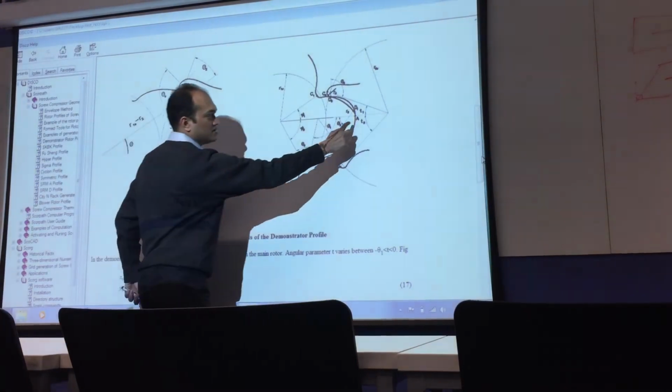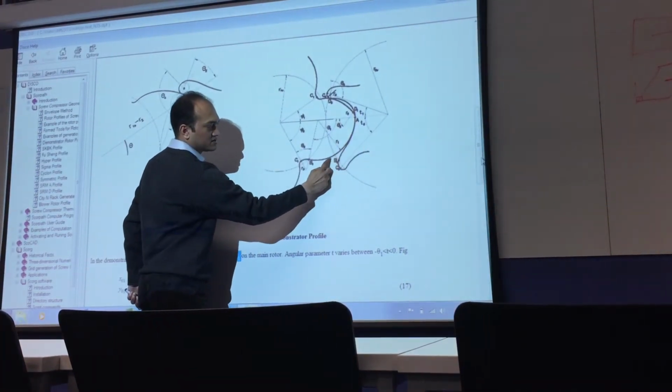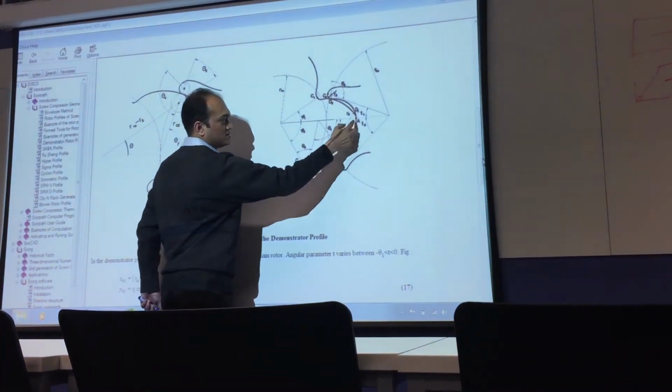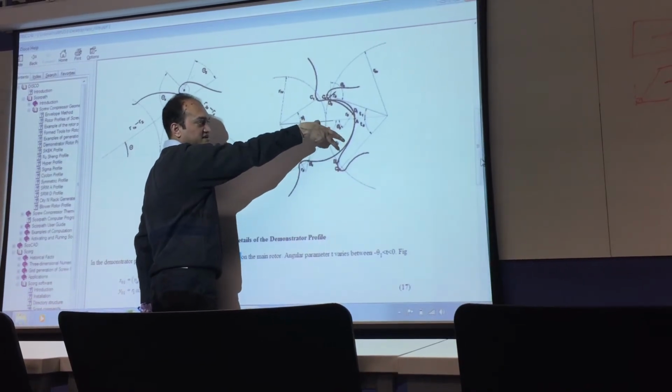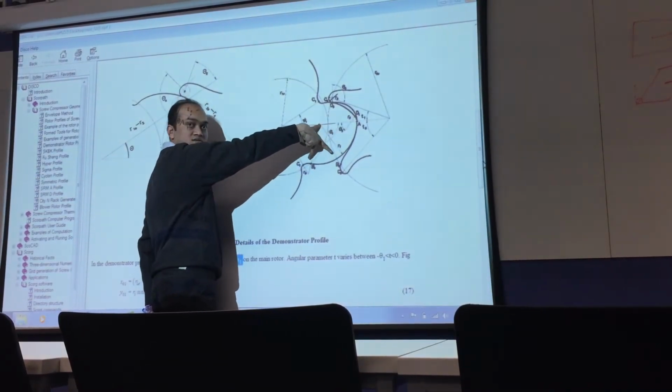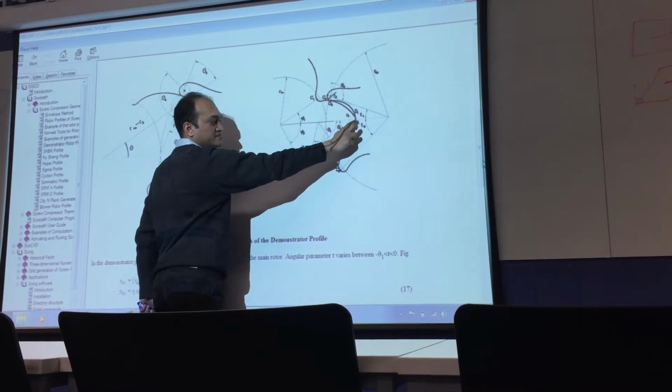Okay, so from here to here, it's a radius R1 with center here, and it's a circle from the tip to here.